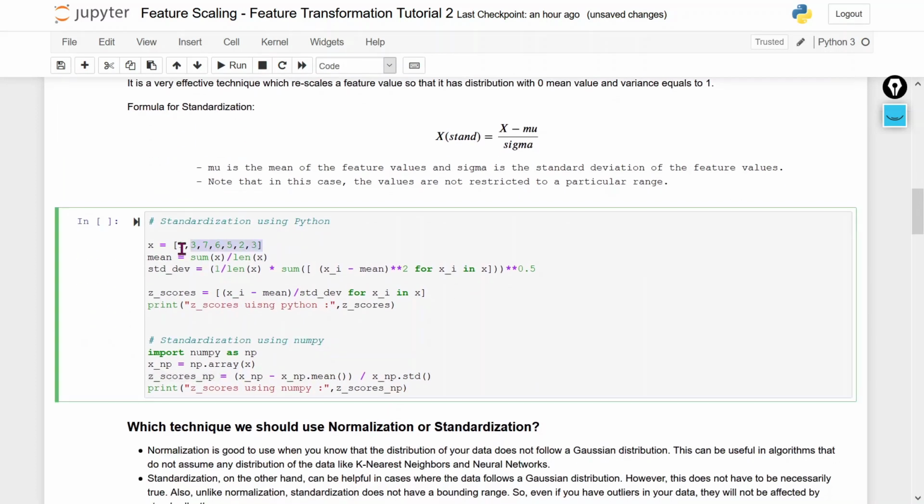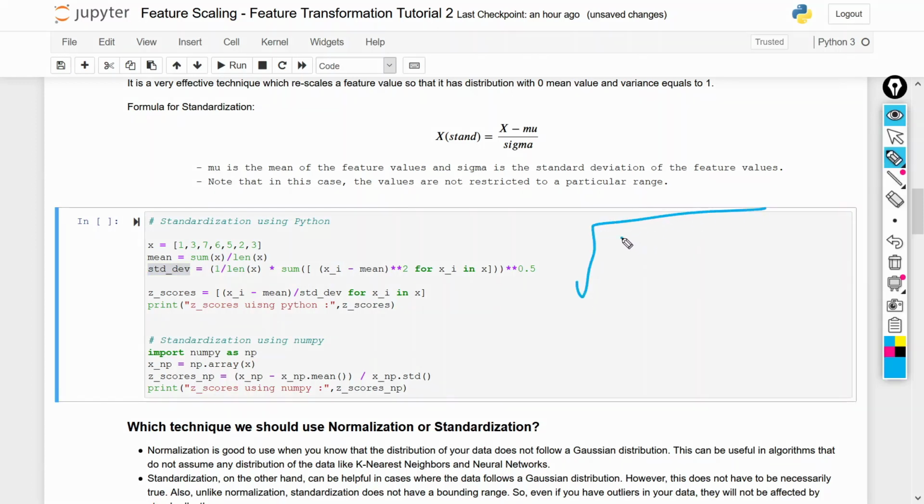If you see, this is your data list. I am calculating the mean first, it means the average, the sum divided by the total number of values. Then I am calculating the standard deviation. What is the formula of standard deviation? Square root of 1 divided by n, summation i equal to 1 to n, x minus x bar whole square.